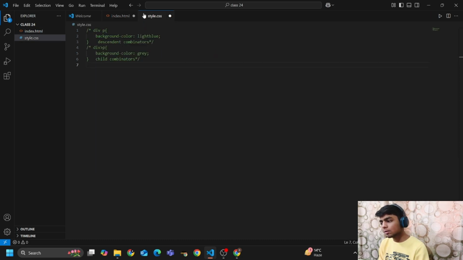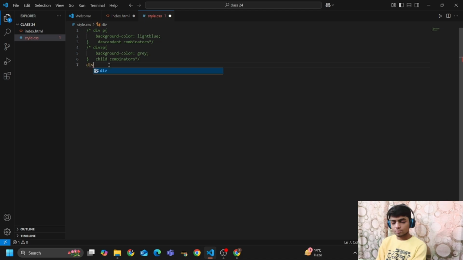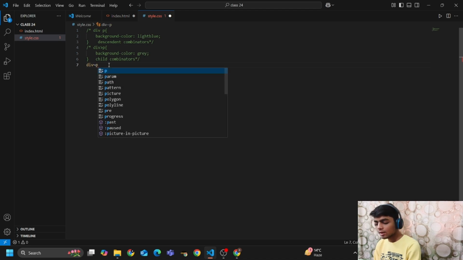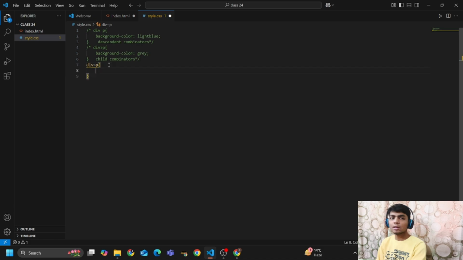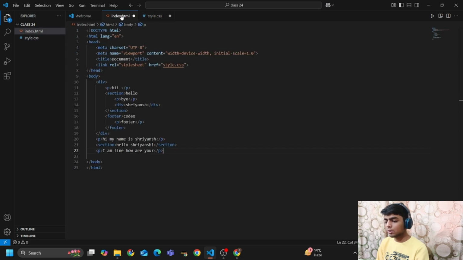See, I can simply provide it using the subsequent sibling combinator. If I write here div, and to select its paragraph siblings, I have to create a tilde sign here, and then write my paragraph tag and then curly braces, and inside the curly braces I will write my property, for example color yellow. And now if I preview this,